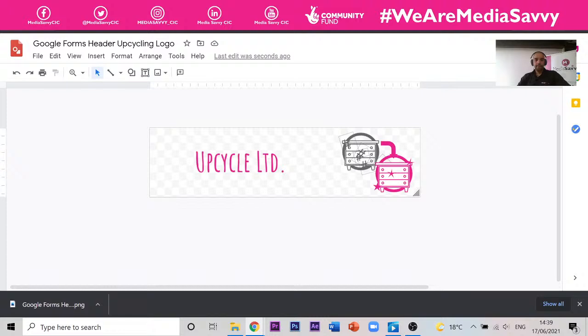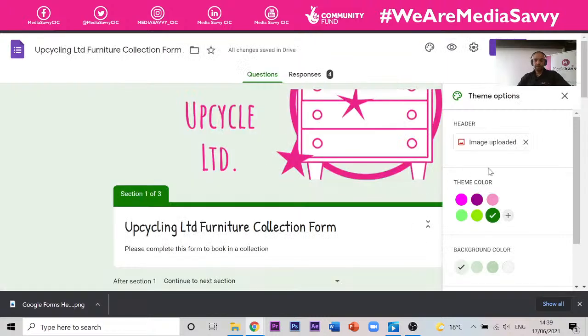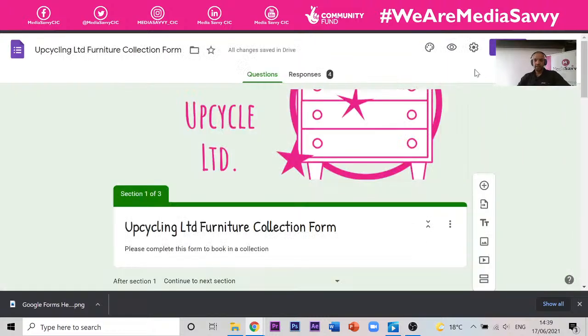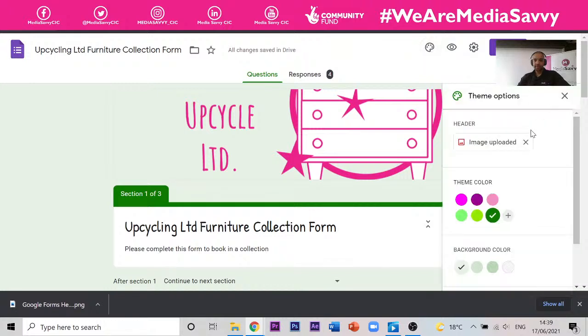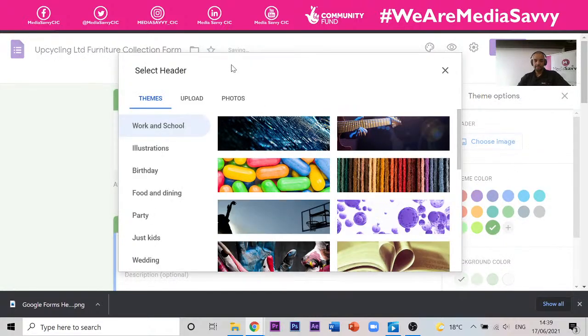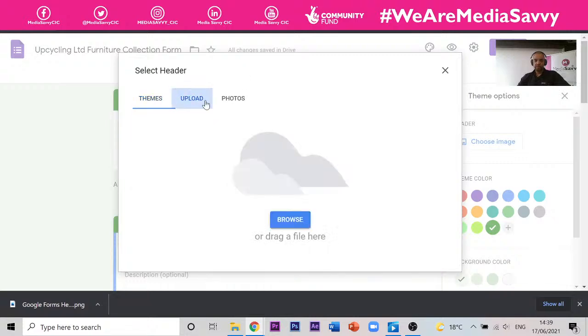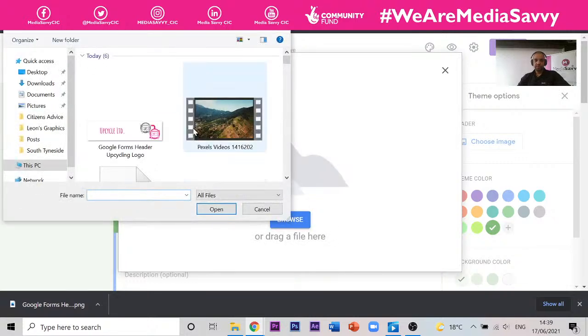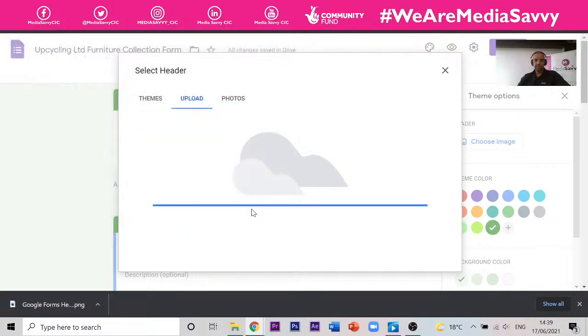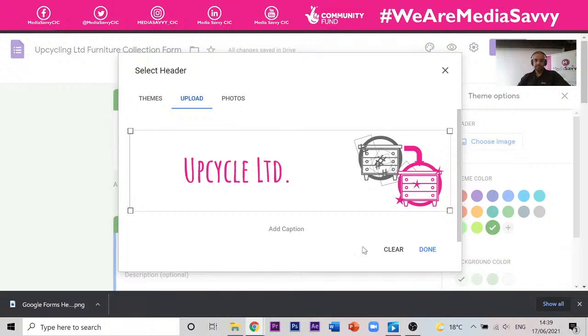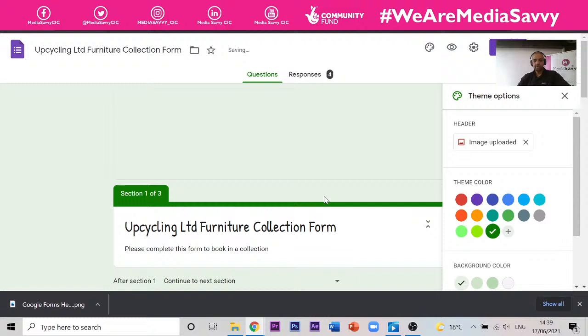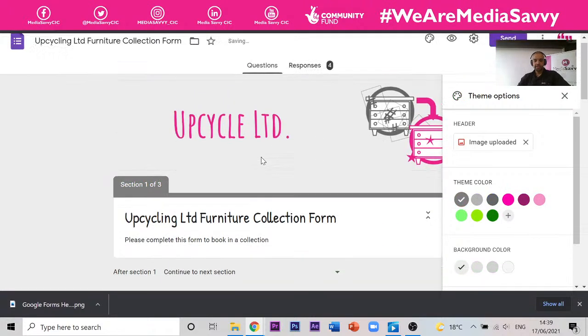Okay, and then we're going to go back to our form. I'm going to go back to our custom theme. I'm going to delete that original logo that we uploaded, and I'm going to choose another one. I'm going to upload a new image. I'm going to upload the new one that I've downloaded onto my computer, and that should fit now perfectly, and there it does. Obviously the colours clash with the green theme that we've got going on, but you can change that